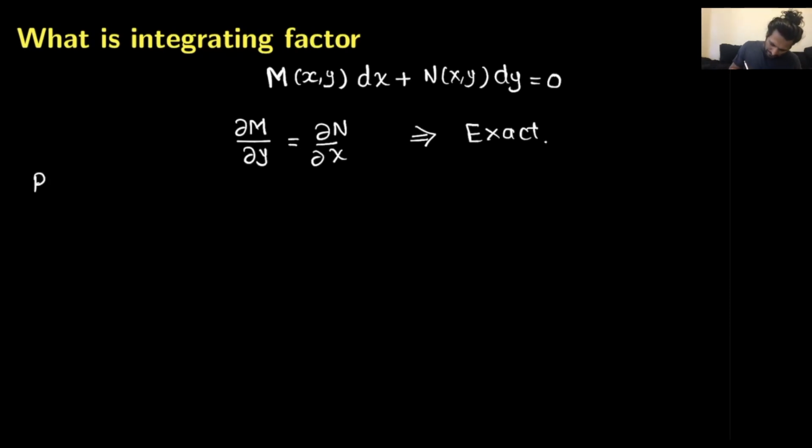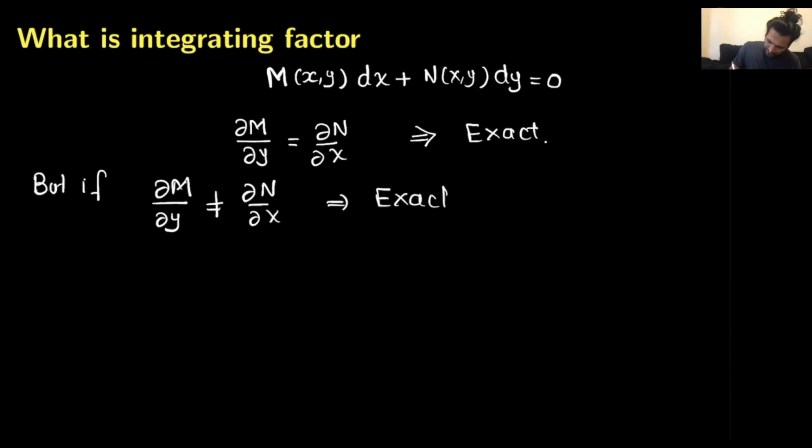But if the differential equation we have under consideration does not satisfy this property, or in other words, the differential equation is not exact, in this case, we cannot find the solution of this type of differential equation using the previous method. However, maybe there is a way to fix this